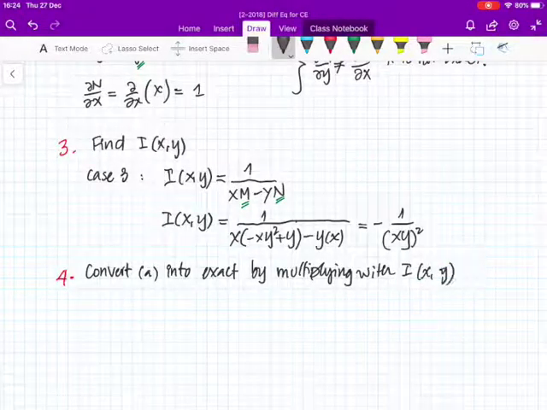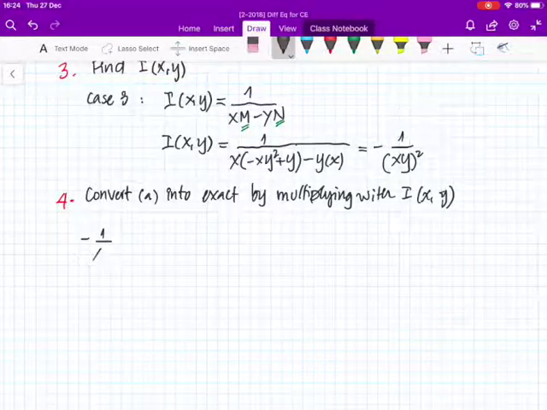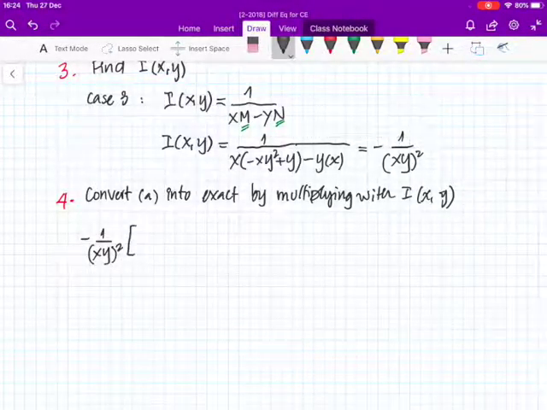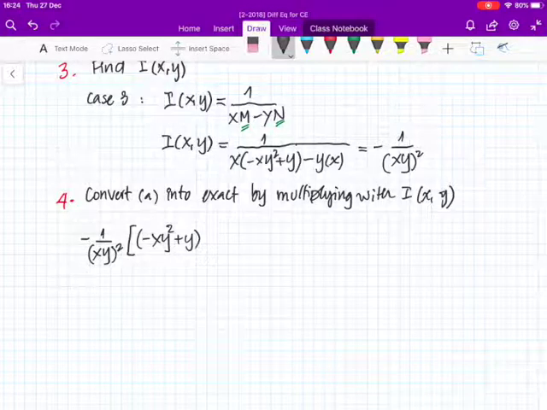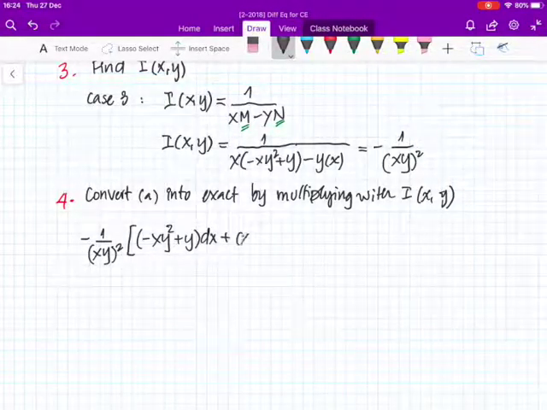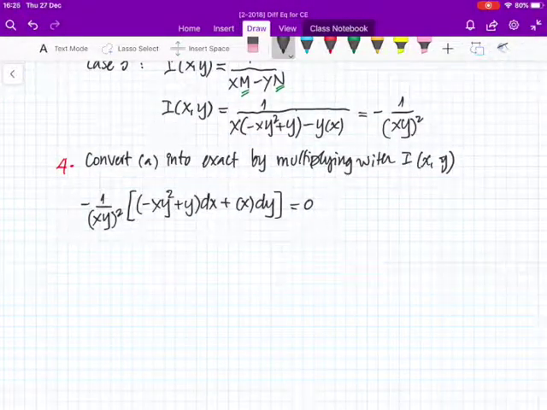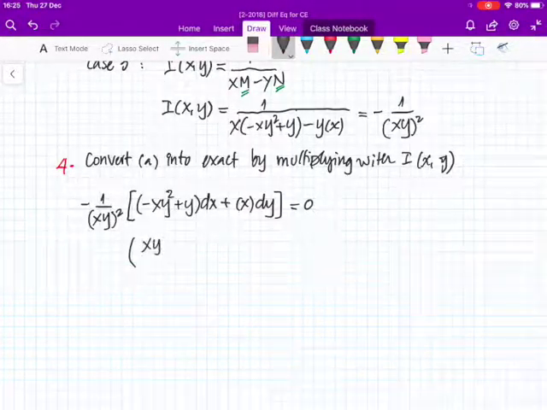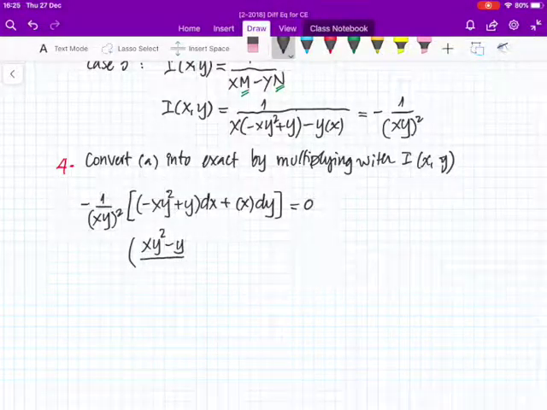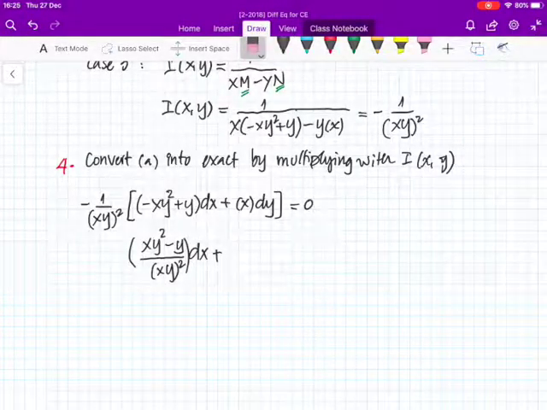Okay, so you can get 1 over xy multiplied by our equation, dx plus dy equal to 0. Or you can multiply all and divide all the equation. You can get this: dx plus, sorry, it's not plus, it's minus